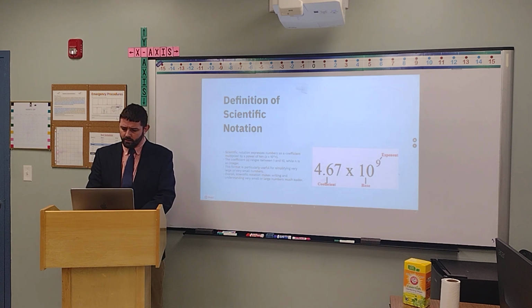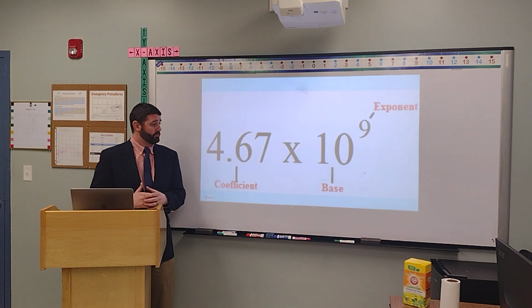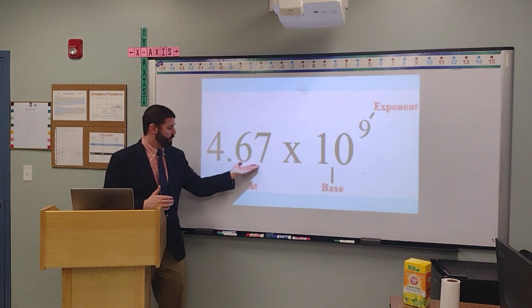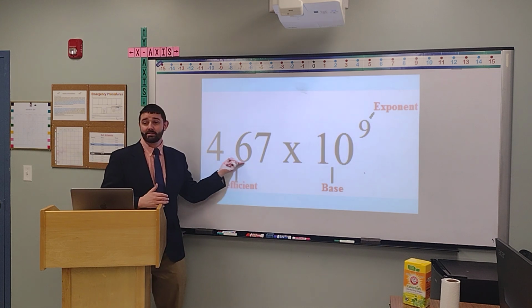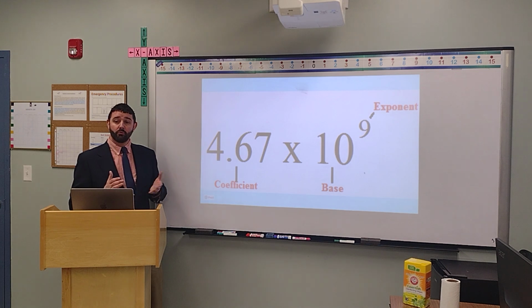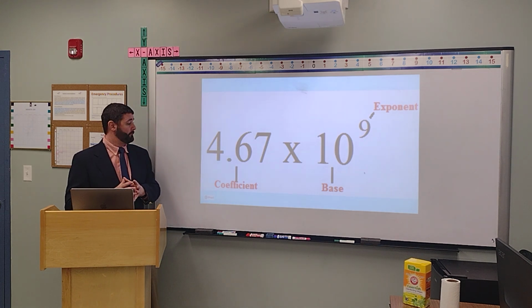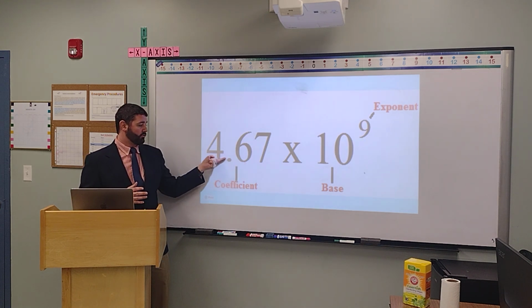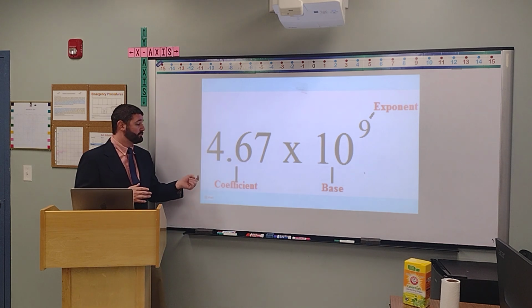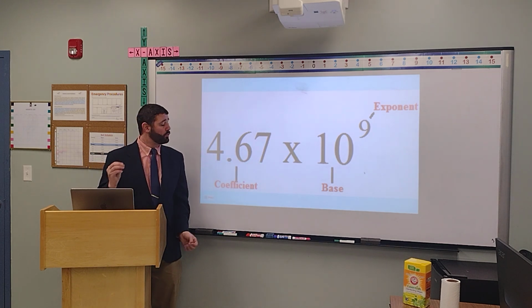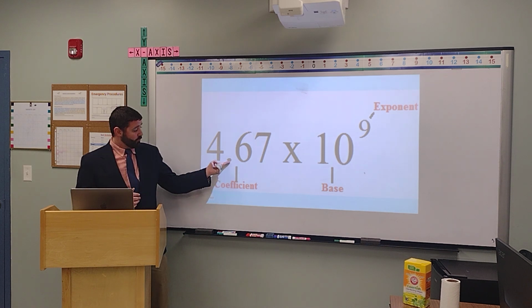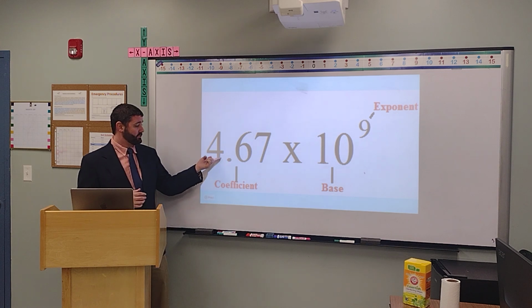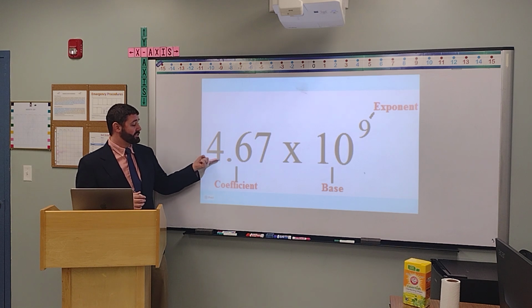So here's an example of a number that's written in scientific notation. You have the first part. This part is called the coefficient. And this number will always be less than 10, but it will be greater than or equal to 1. So in other words, it will never be smaller than 1, and it will always be smaller than 10. So it will always be between 1 and 10. Another way to think about that is that the decimal will always be behind one number that is not a 0, right? Or in other words, the decimal will always go behind the first non-zero digit,